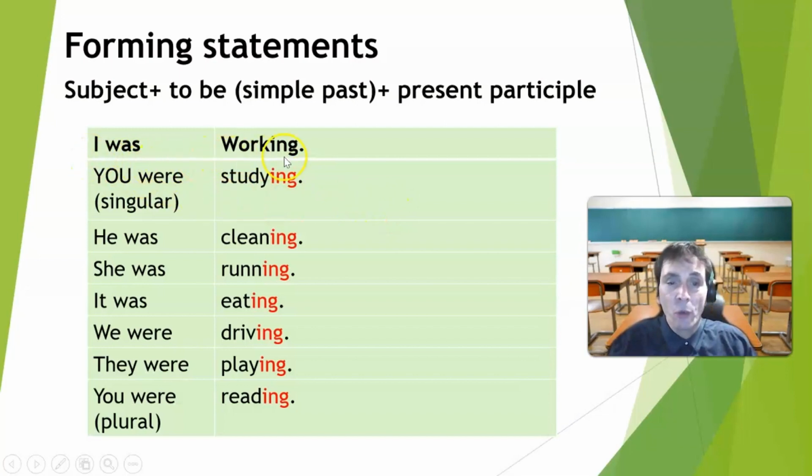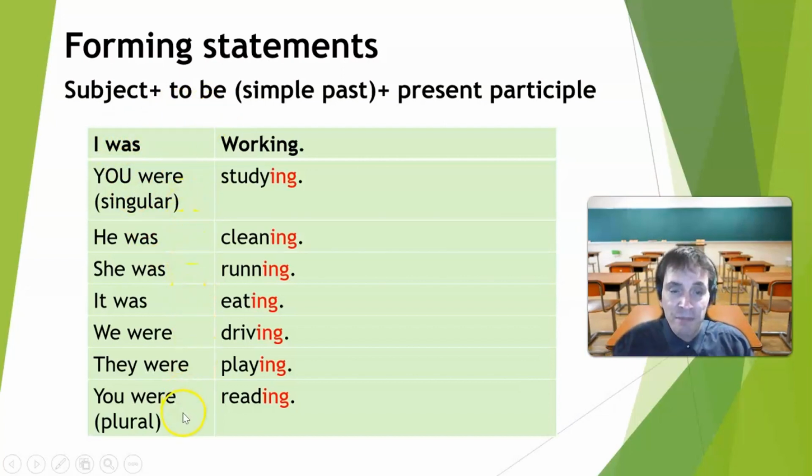I was working. You were studying. He was cleaning. She was running. It was eating. We were driving. They were playing. You were reading. Okay, so this is how we are going to use the to be,